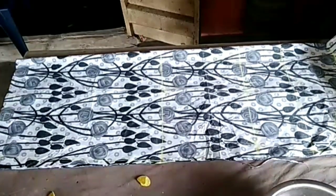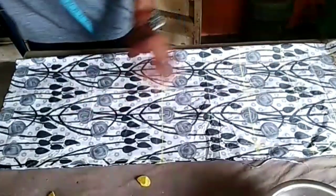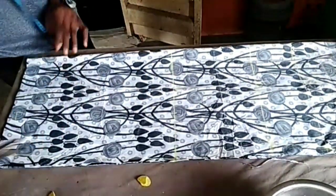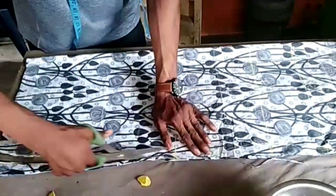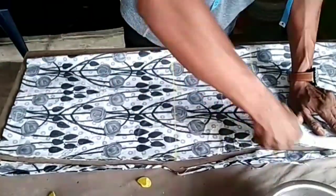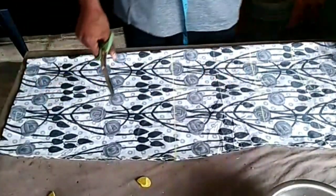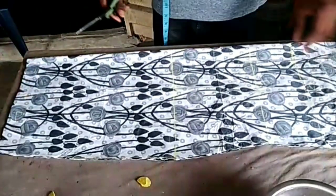So I'm going to cut out like this. Then I'm going to go ahead to cut out my shape for my dress, just like this. So after getting your body measurement cut, like your shape cut out like this, what I'm going to do, should